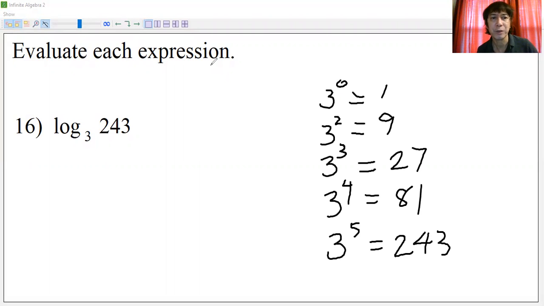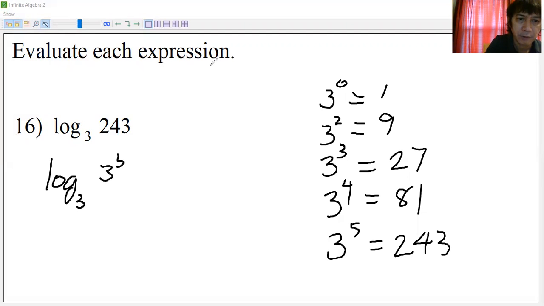And so we can transform the 243 into something like 3 to the 5 and use the logarithmic property that we studied. So the solution here is logarithm of 3 to the 5th. You can express the 243 like 3 to the 5. And the answer is 5, and we know it. We can see that over here. Is it 5? Yes, it is. You can see the red number 5 on screen. So that gives us the answer.